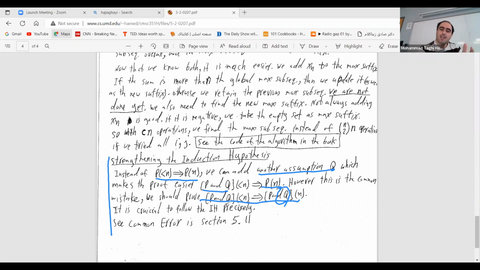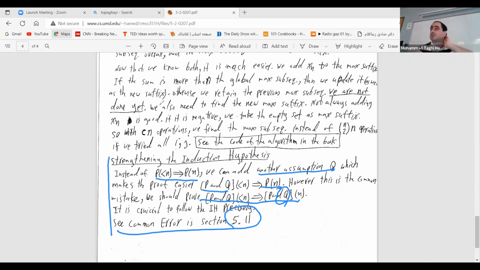This is a common error: you may try to do it with P and Q, and then you get P, and you don't prove that Q also can be obtained for N. So here, for example, when we have P of N minus 1 of X and X to the N minus 1, you should say that, okay, we have P of N. Also, you should say that I have X to the N as well. We will see another example here. These are some common errors for induction that you can actually see in section 5.11 of Introduction to Algorithms: A Creative Approach by Udi Manber. That would be good to read.